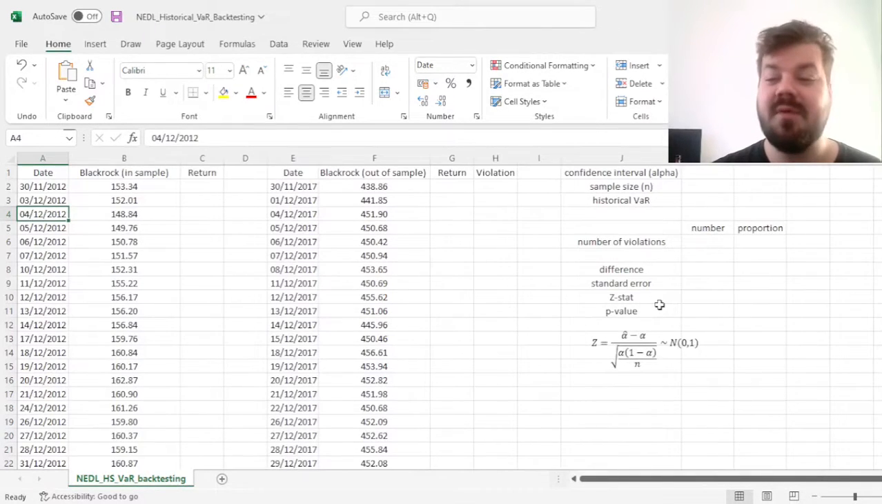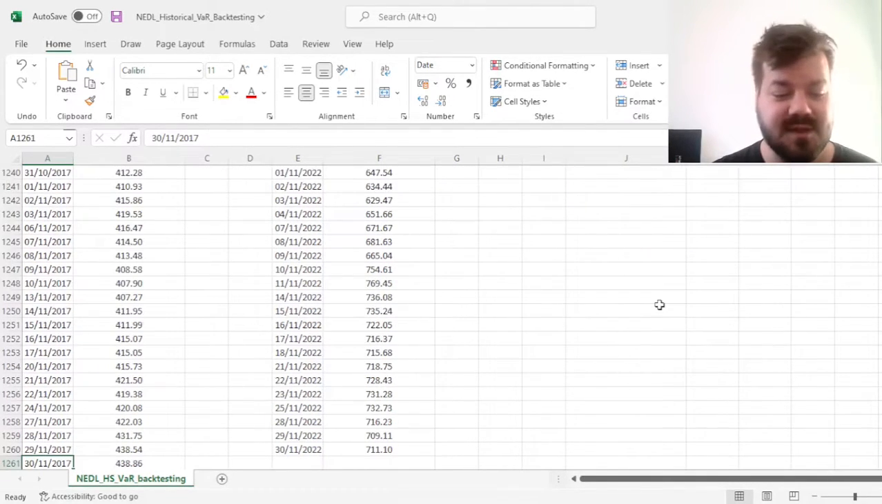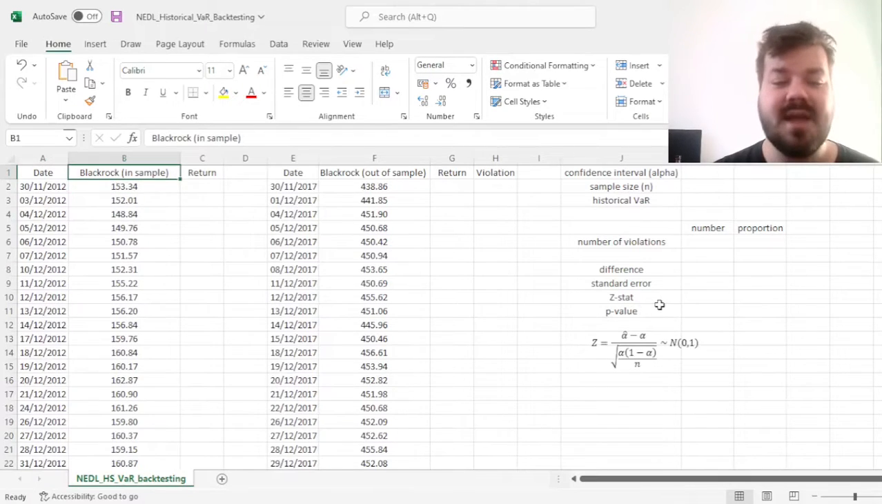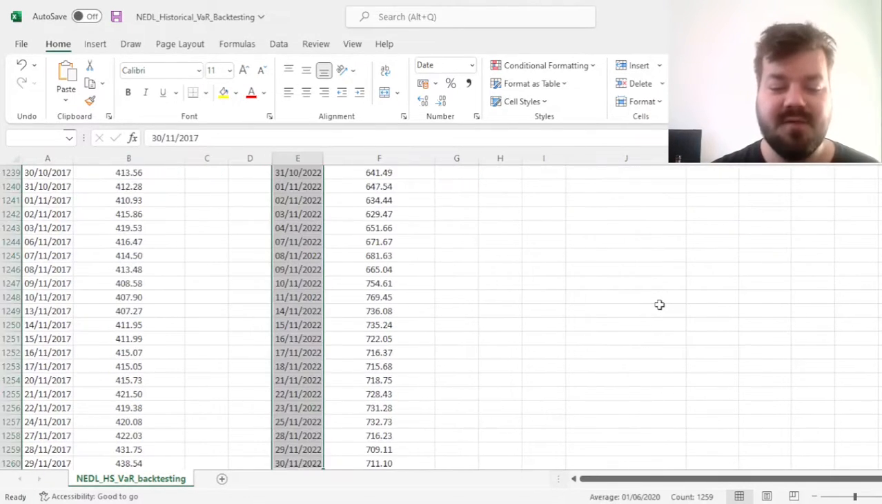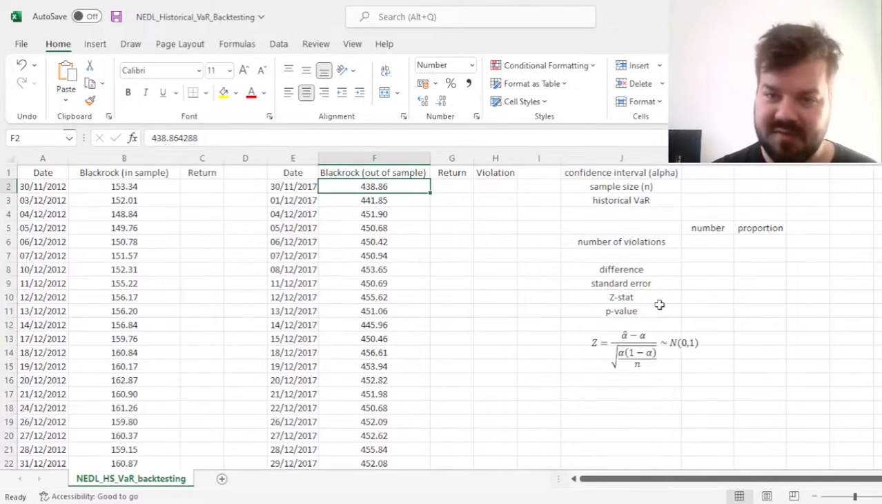My name is Sava, and today we're investigating a fundamental technique in evaluating the quality of VaR modeling, which is historical VaR backtesting using in-sample and out-of-sample data. To inform our estimations, we've got 10 years worth of BlackRock prices. It's a listed investment fund that's quite prominent, and we have 5 years worth of data from November end 2012 until November end 2017 as our training data set, as our in-sample data, and 5 years worth of data from November end 2017 until November end 2022 as our out-of-sample data that we'll use to evaluate the performance of